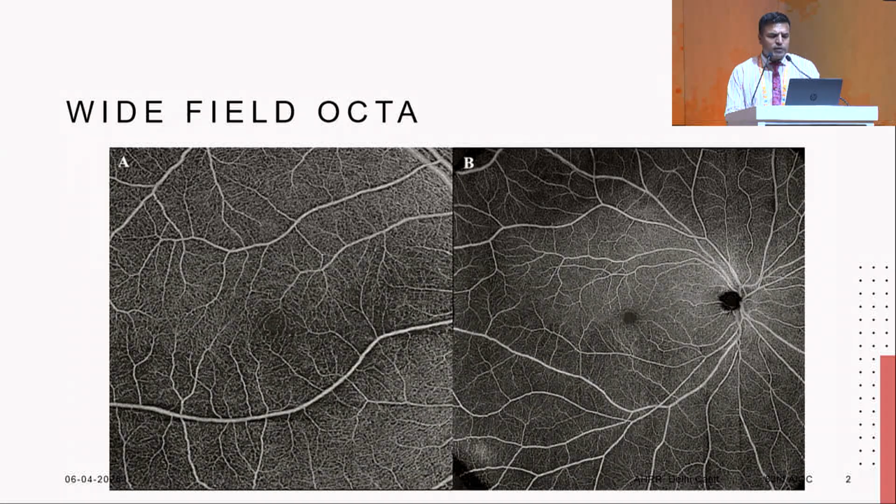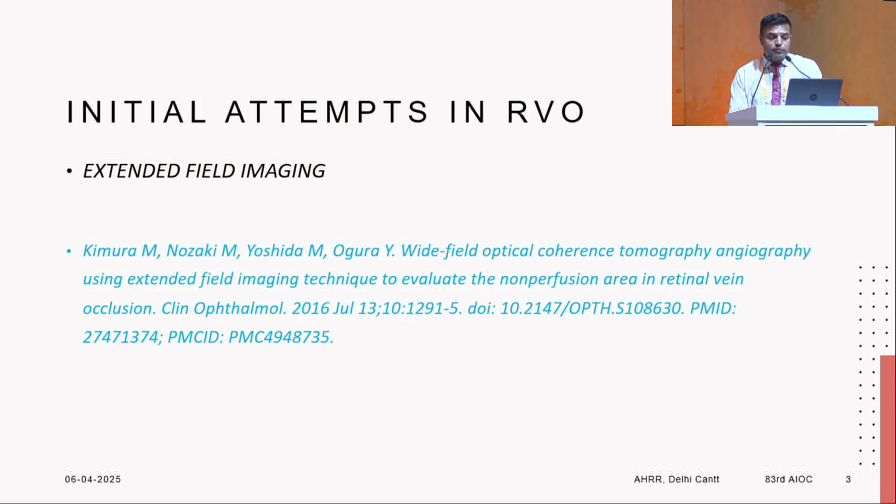So, talking about wide field OCTA. The two images that you see here, one on the right hand side and one on the left hand side, are an 8 mm by 8 mm scan compared to a 12 mm by 12 mm scan. Today we are not limited to 12 mm scans, we are talking about 18 mm scans. And in the trade section, if you had gone to the Intellite podium, they have something called Dream OCT, which is now capable of taking 24 mm scans too. So we have moved from wide field OCTA to ultra wide field OCTA. The technology has made it possible.